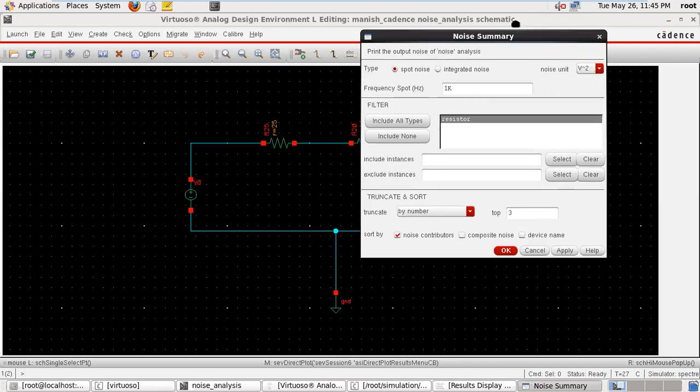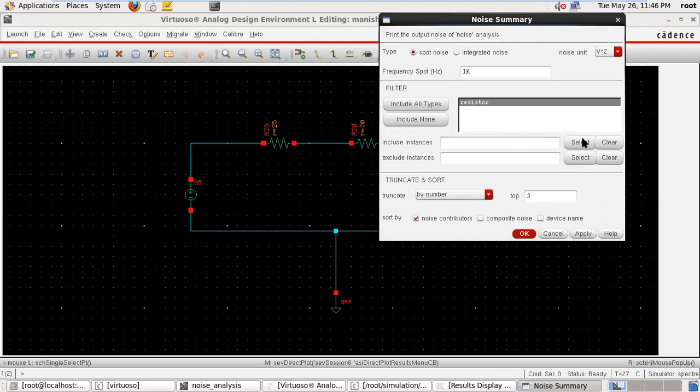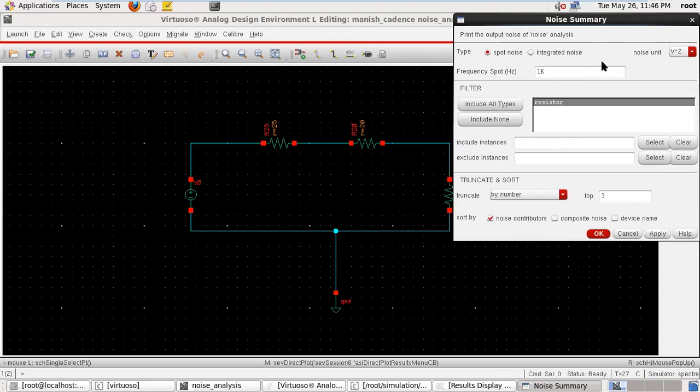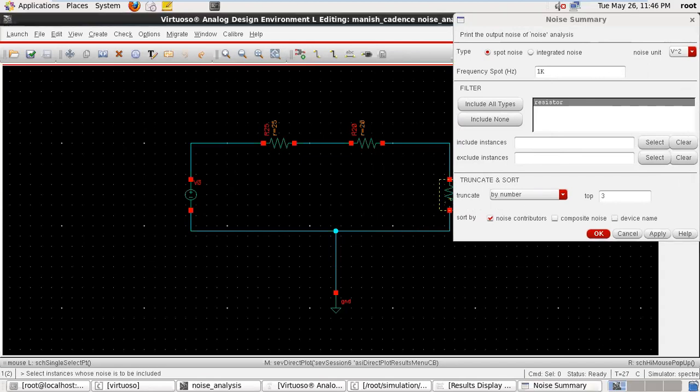Okay, include all. Now select include instance or exclude instance. Include instance means you are interested in which component's noise. So click on this and select your component, that is R80.